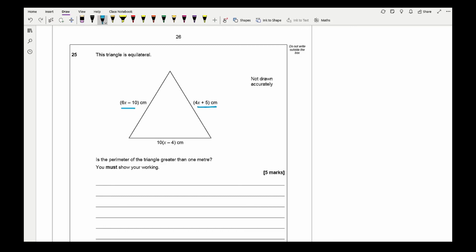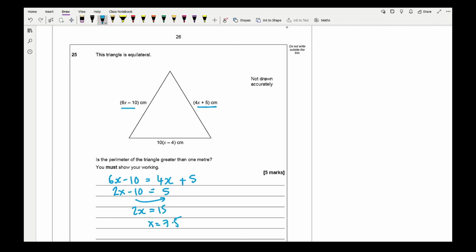So what I've got is 6x minus 10, because obviously what I need to do is work out what x is, plus 5. And then we take away the smallest x, so I've got 2x minus 10 equals 5. Take the 10 over, I get 2x equals 15. So x equals 7.5. So now that I know what x is, I can then work out what the perimeter